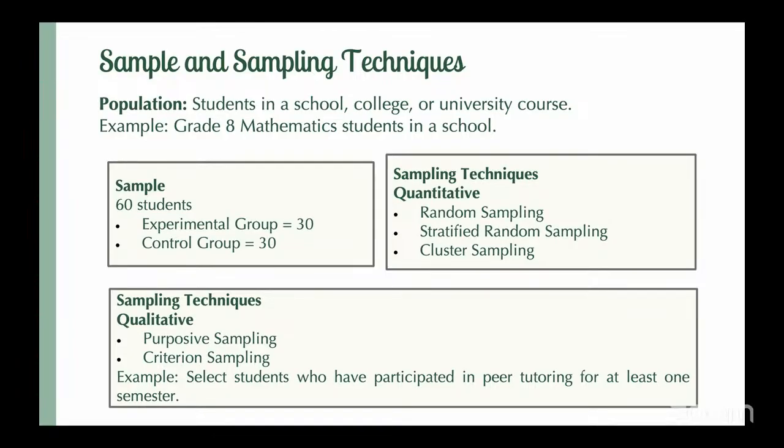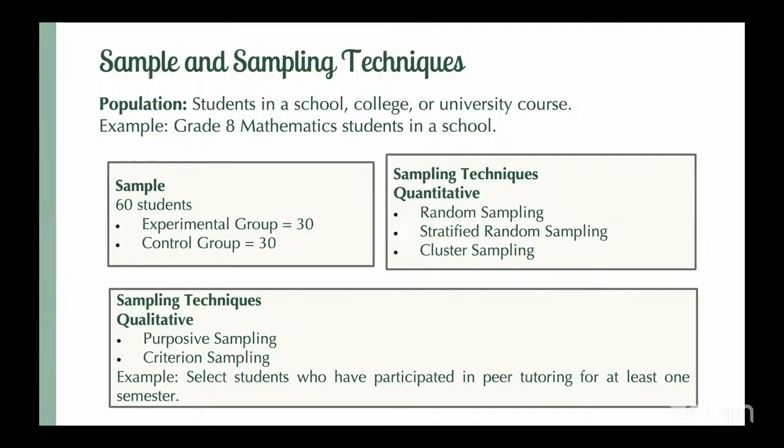Then what are the sampling techniques? It can be random, as I said. It can be random in terms of you put the roll numbers and you take every fifth student, or you take alternate, odd, even. So there are a lot of ways of random sampling, lottery method, and so on. Stratified random sampling, now you want A, B, C, D, E, F. There are divisions. So you take from each division, and then from each division, you randomly take the samples. You want it to be representative of each division. Or cluster sampling, you take one whole class, right? That teacher is ready to give you. So you take one whole class, that is cluster sampling. So these are all the kind of quantitative sampling techniques.